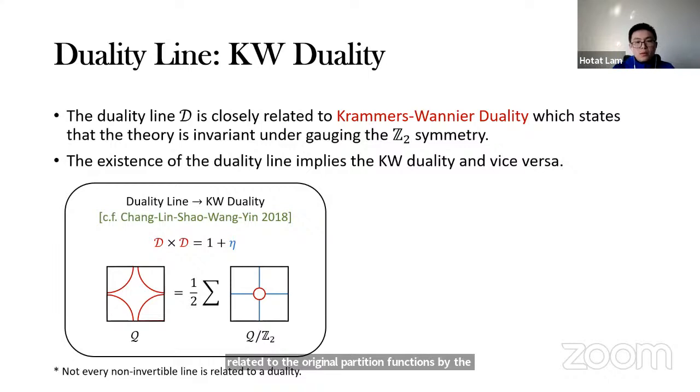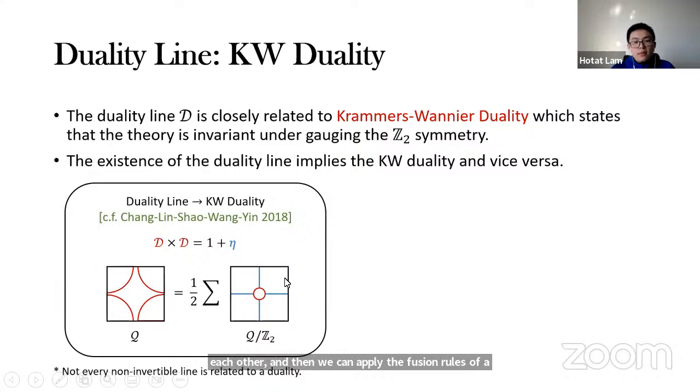Okay, so now we can make this duality line grow larger and larger, and eventually let it wrap around the whole torus. This is what I've drawn on the left-hand side of the equation. Now we can make the duality line bigger and bigger. Eventually, these duality lines will be very close to each other, and then we can apply the fusion rules of these duality lines.